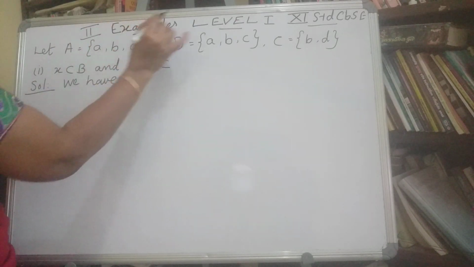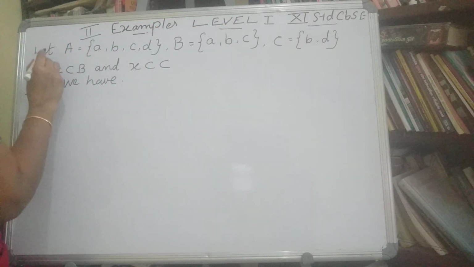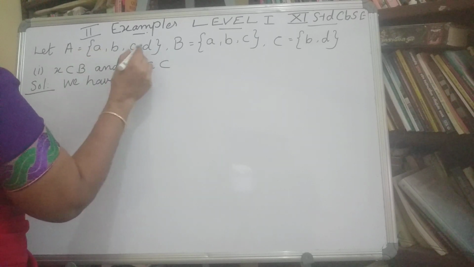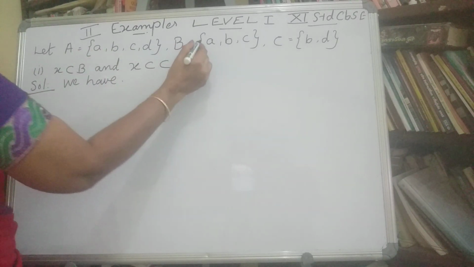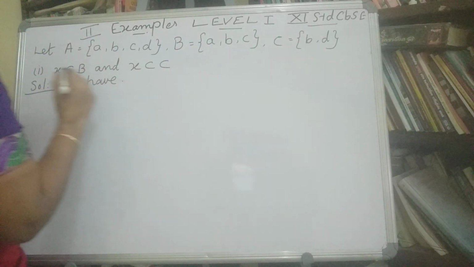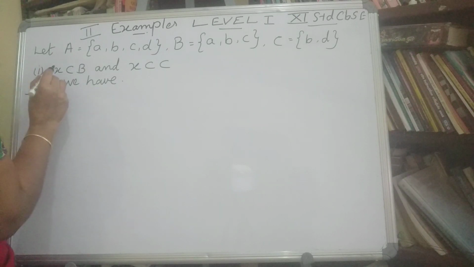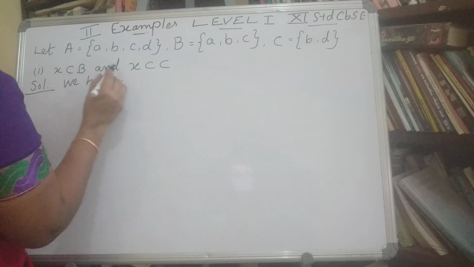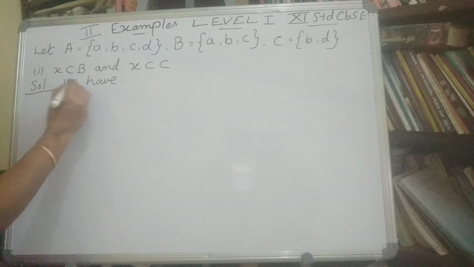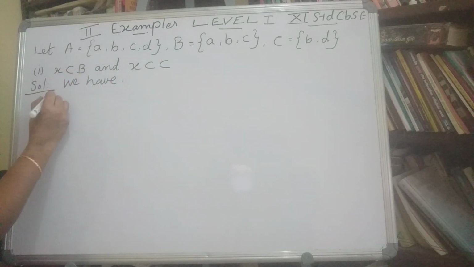To level 1. Now let A be the set {A, B, C, D}. Then set B is {A, B, C} and set C is {B, D}. Then the first question is: X is a subset of B and X is a subset of C. Now we have P of B equal to